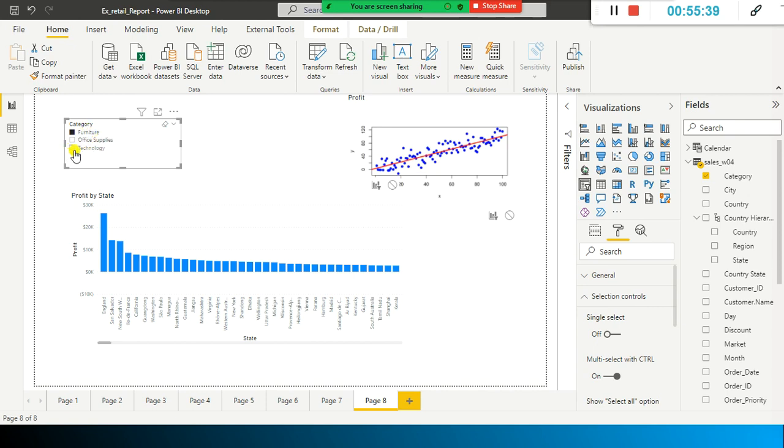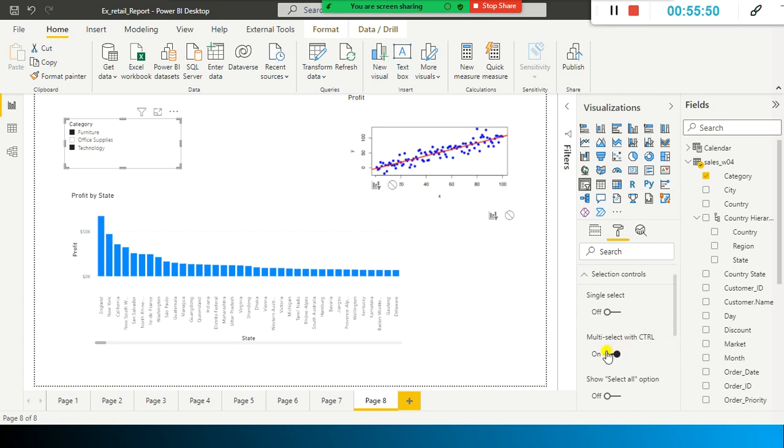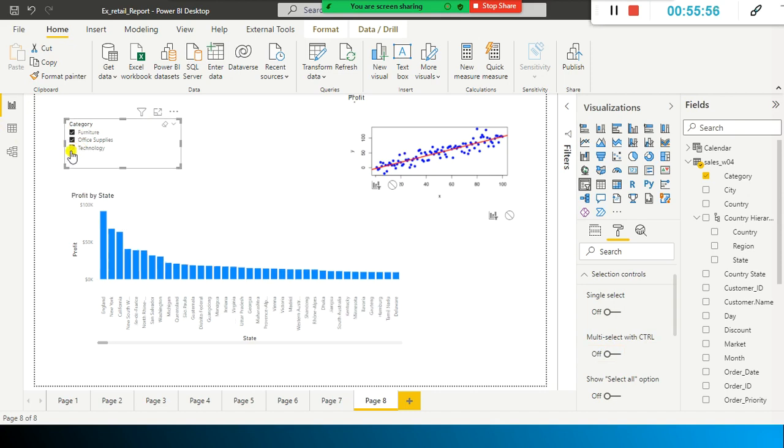In order to select more than one category in my slicer, I need to press Control. So here, multi-select with Control, you disable it, so that the user can make more than one selection without using the Control key, right?